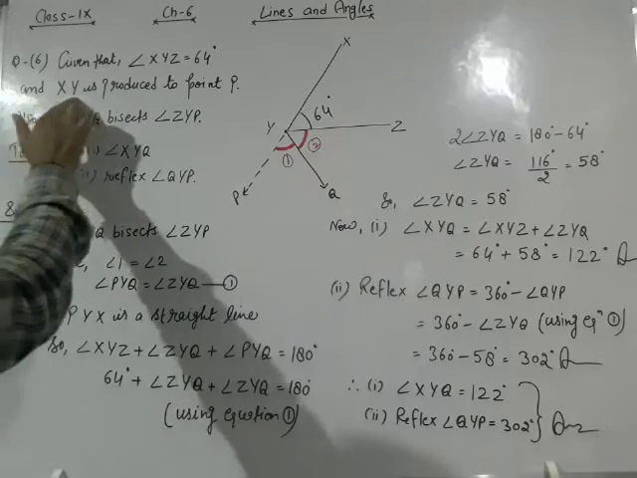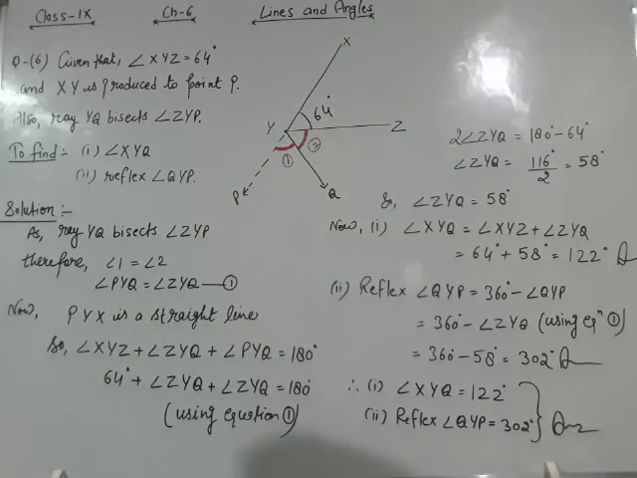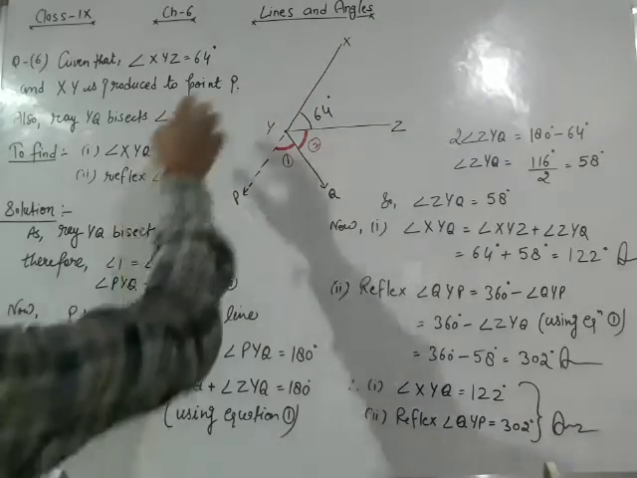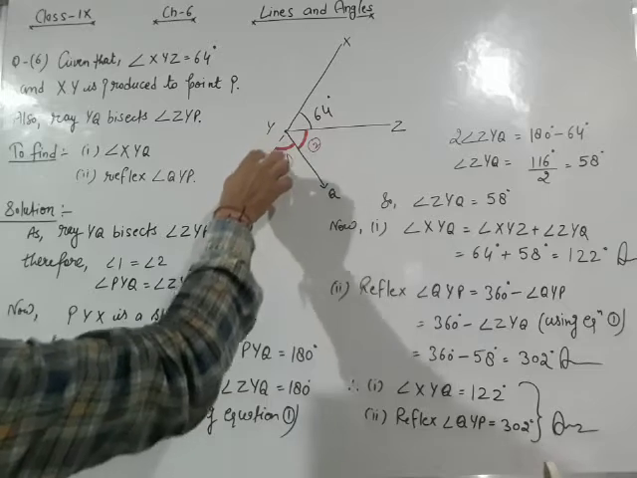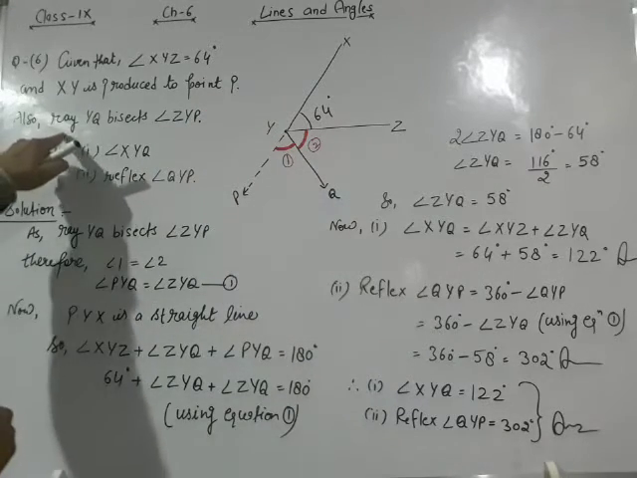In this question XY is produced to a point P. XY is produced. We have produced XY to the point P. Okay. Also it is given that ray